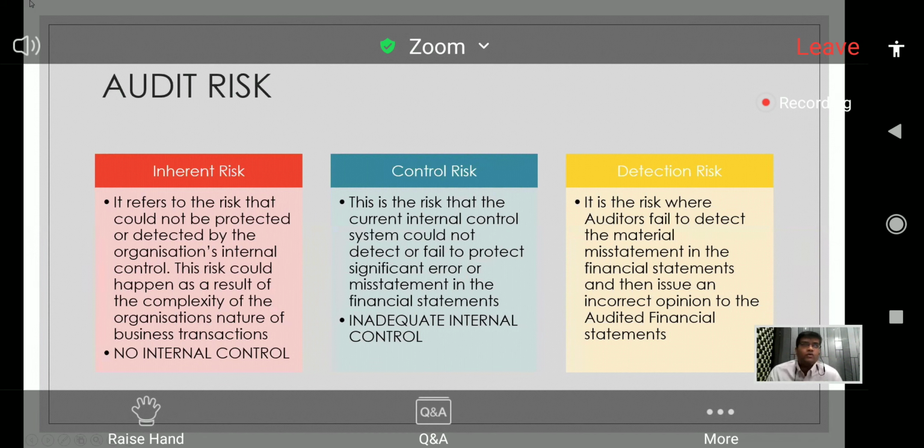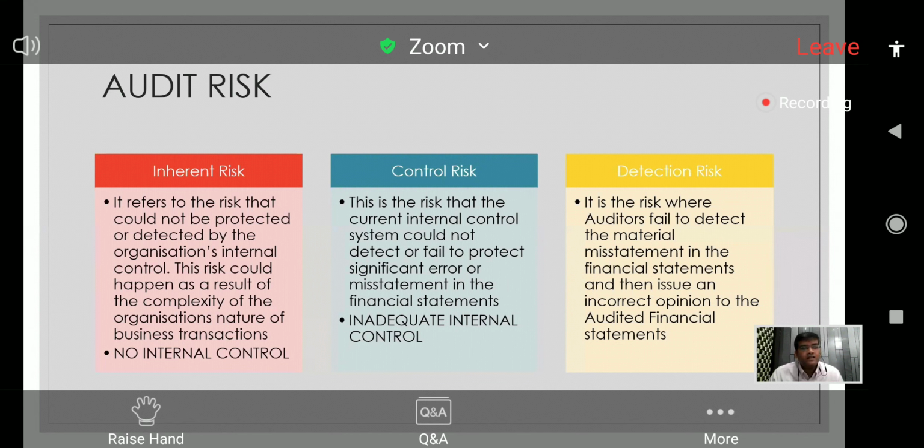For example, if you have to put in what is an inherent risk, take consolidation. During the phase of consolidation, a lot of data is required to come in from subsidiaries, and the data that we collate is required to be combined and added to the data of the parent company. Now, if there are no proper checks and balances, no proper systems in place for how the combining of the data has to happen, that may lead to a material misstatement, which accounts for an inherent risk as far as audit risk is concerned.